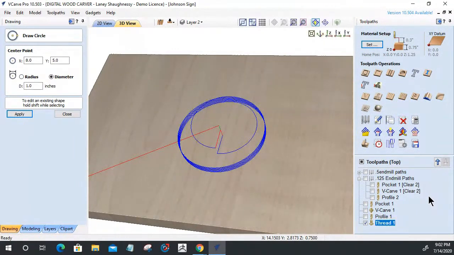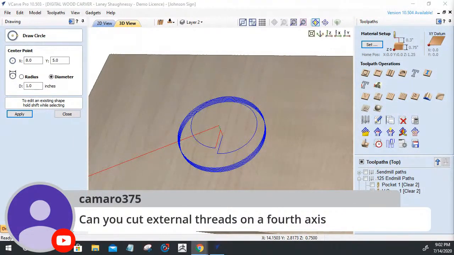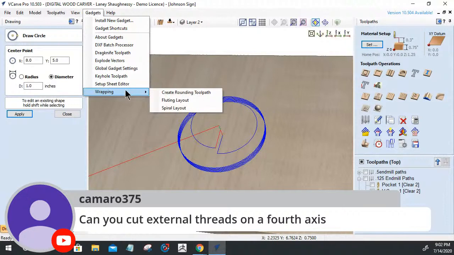Camaro says, can you cut external threads for a 4th axis? Yeah, the external threads for a 4th axis rotary, Camaro, is basically a profile cut, a spiral profile cut with a pitch. If it was a wrap job, it would be the spiral layout using a 90 degree V-bit, 60 degree V-bit, whatever,